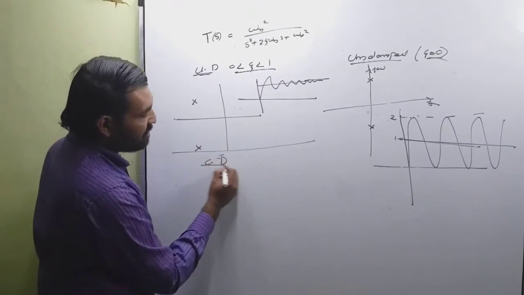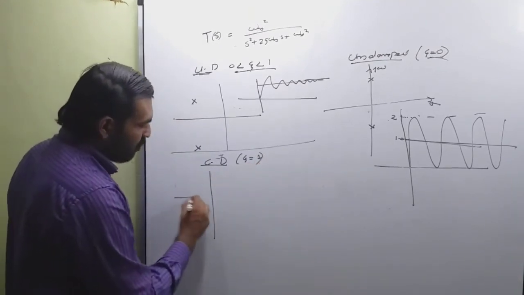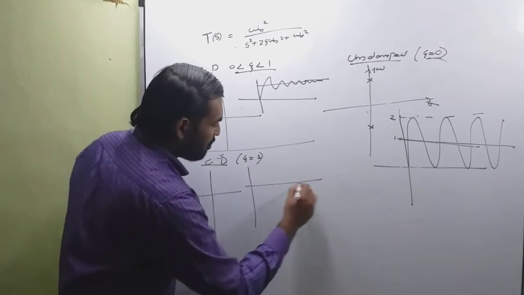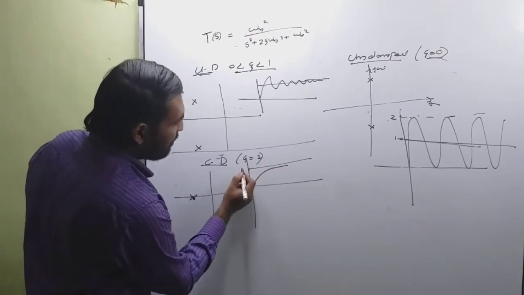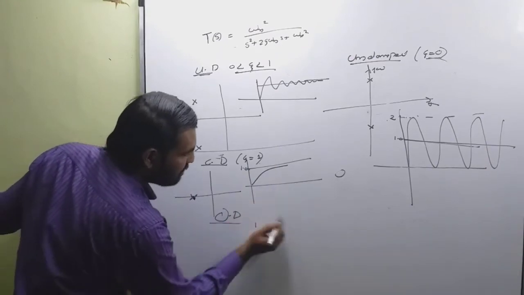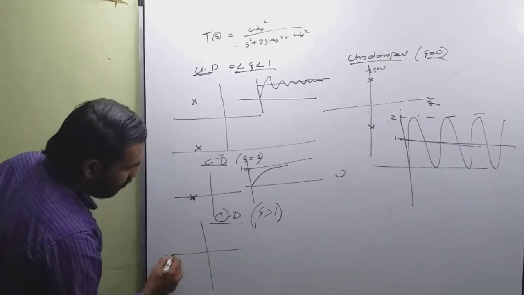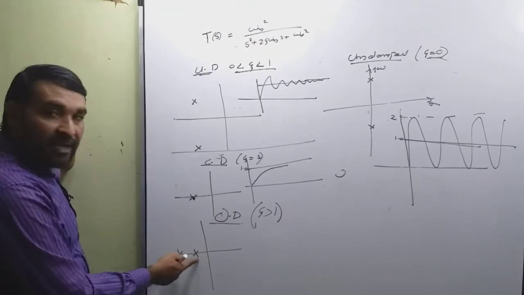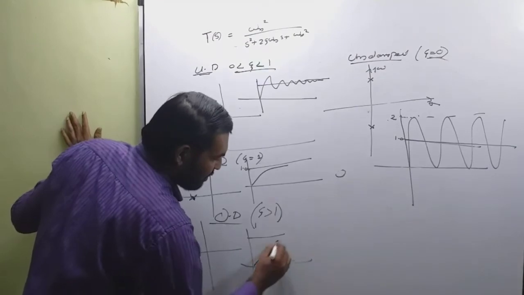Critically damped, theta is equal to 1. So the location of the poles coincide. And the response of the system will be like this. This is the response and the final value is 1. This is a stable system. Overdamped, that means theta is greater than 1. Then the poles are different and purely real, lying on the negative real axis. And the nature of the response is like this.